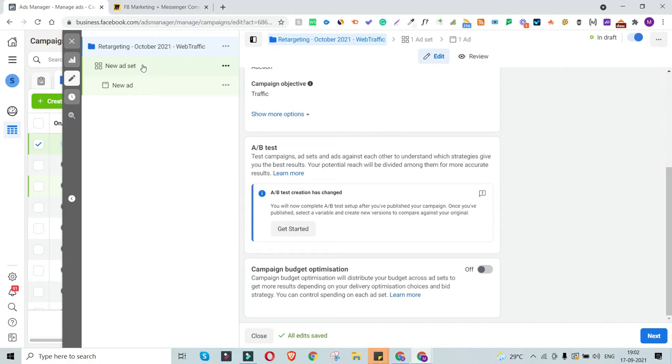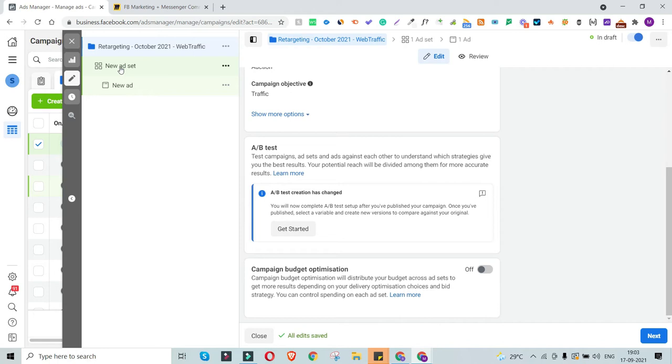So you have to decide based on this parameter: do I want to control the ad budget or distribute my ad budget based on the ad set or based on the campaign? So am I going to spend $100 on this overall campaign, or am I going to distribute this among all the ad sets based on the ad set type? Let's say in one ad set I'm trying to reach out to new prospects, so that's where I'm going to distribute most of my budget. So that's where you can spend $60.